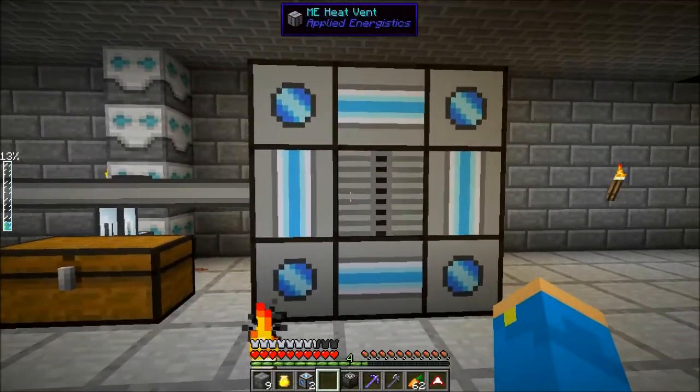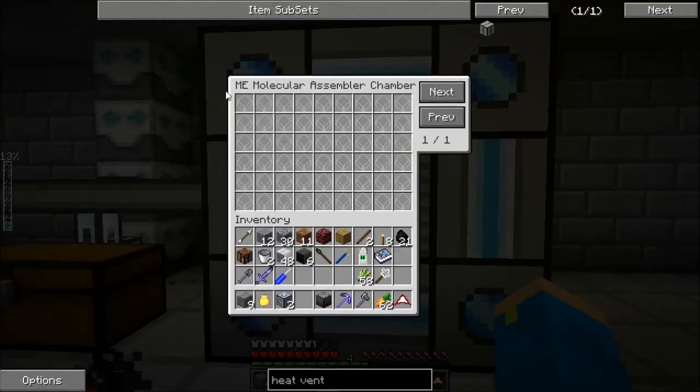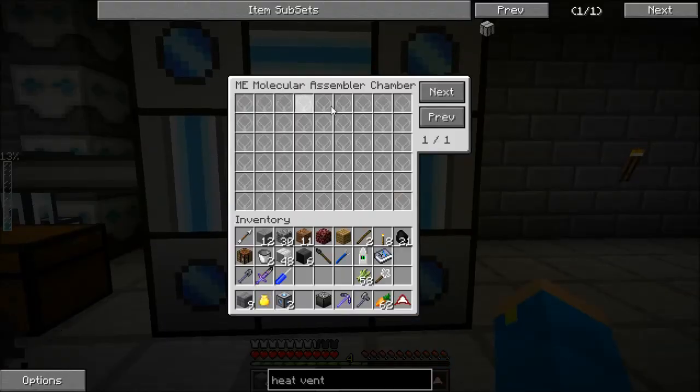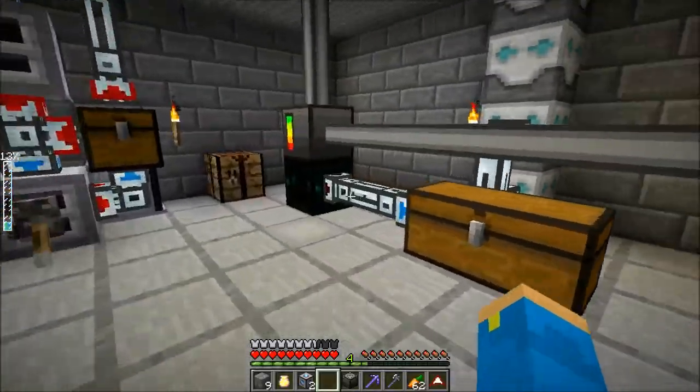The textures change, and we now have an ME molecular assembler chamber. Okay, so that's what it is. Basically, if you're unfamiliar, this is a place to store patterns, and we create patterns